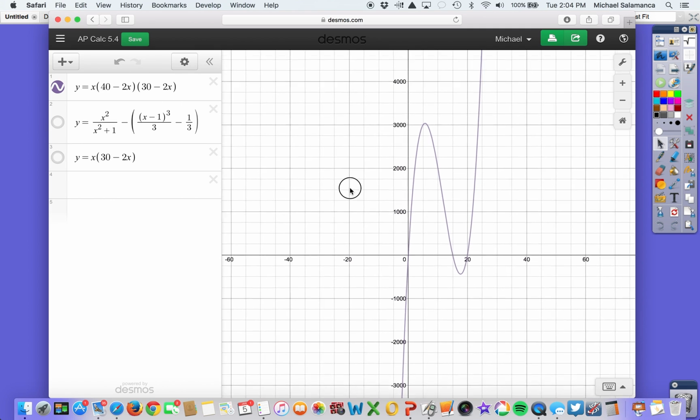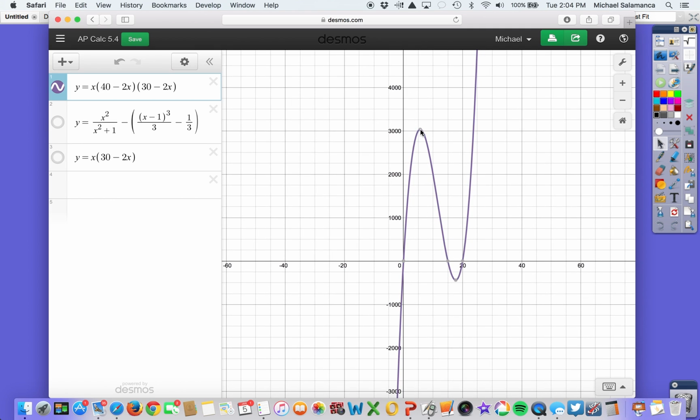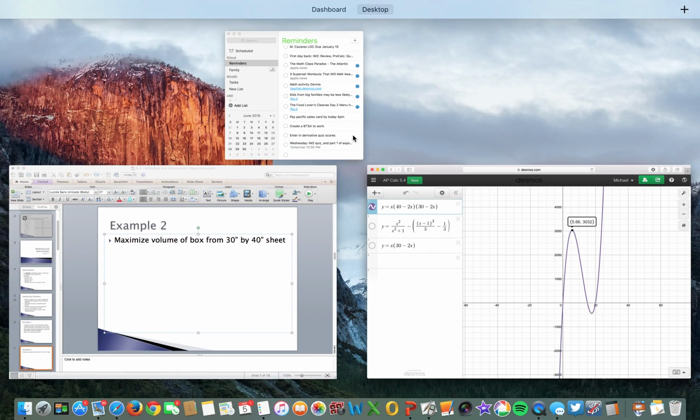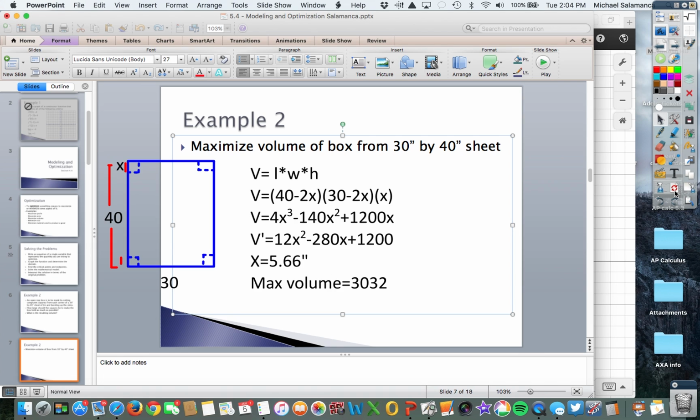When we look at the graph now, you'll see here that at 5.66, that's the highest value that we're going to have for this box. And that's 3032, which is that max volume. I know this graph continues to go on forever, but after that we're getting values that are irrelevant or they don't help us, because they're not within the constraints of our box. So, moving forward,